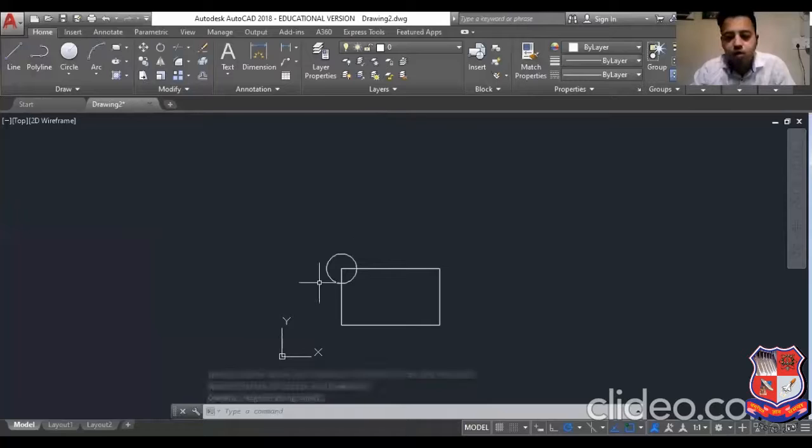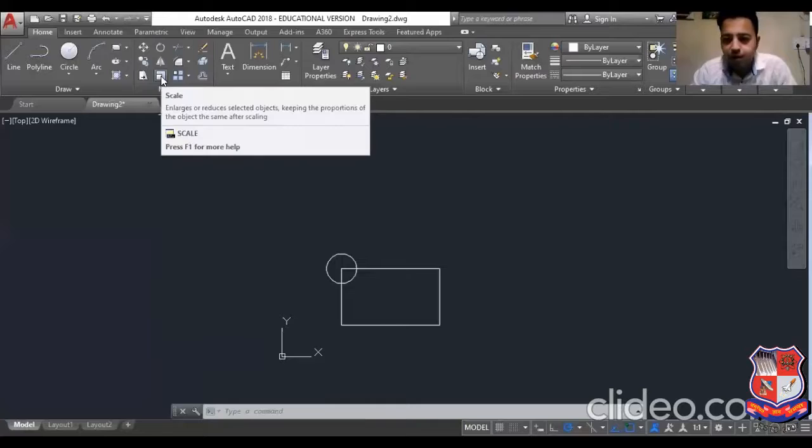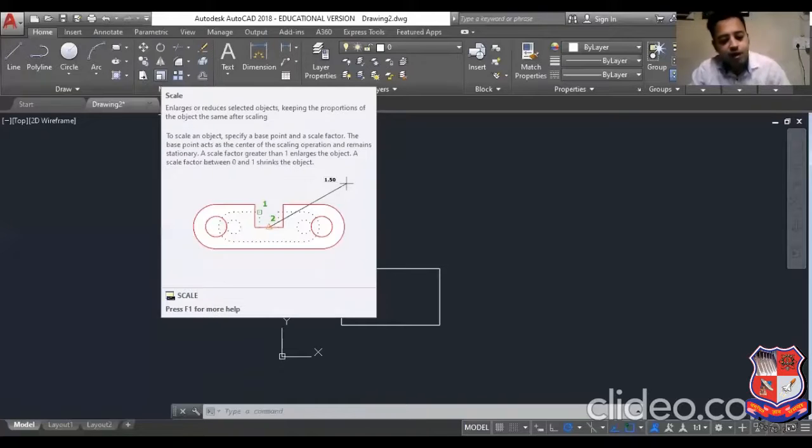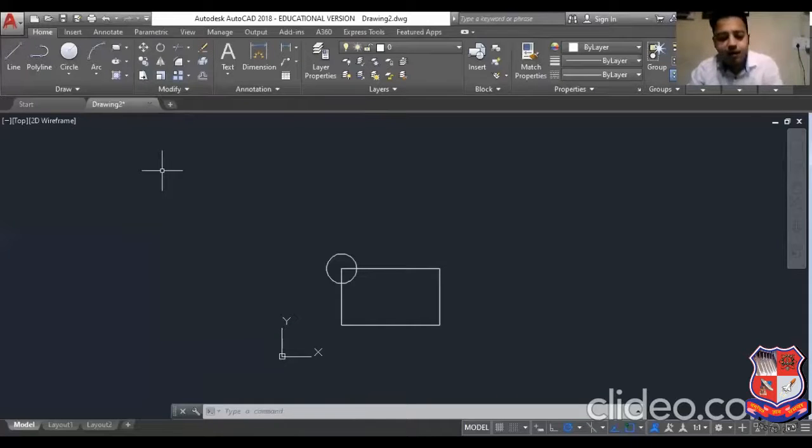I want to apply a scale factor of 2, which will double the size. You can take scale from the modify panel, or the shortcut is SC, enter. Select the full object which I want to scale, enter.